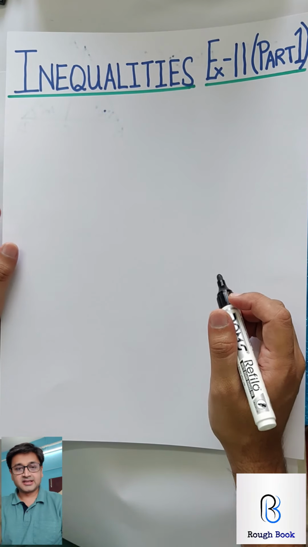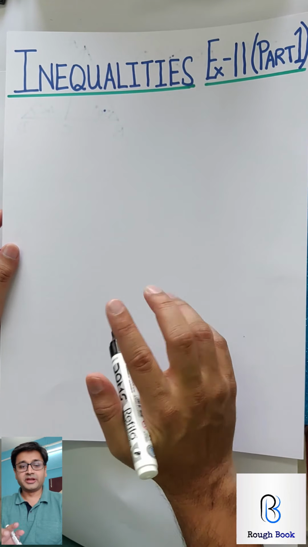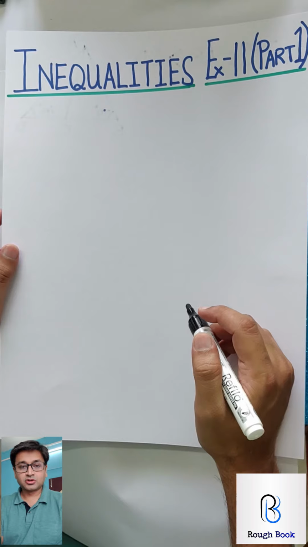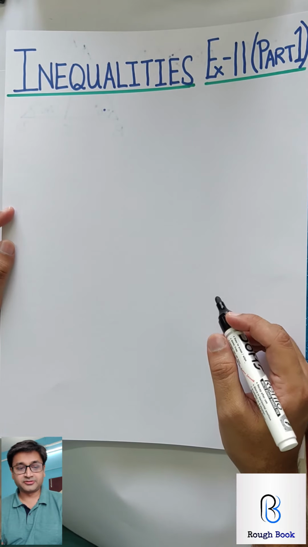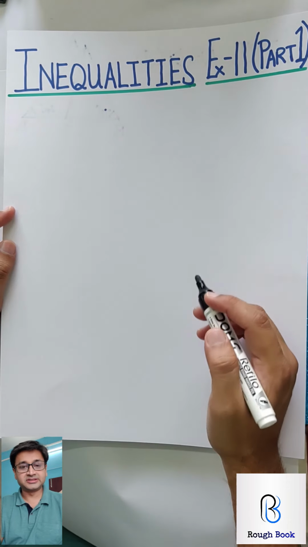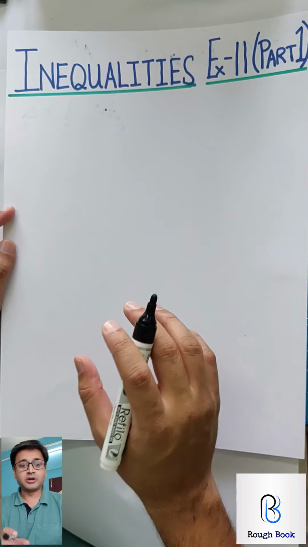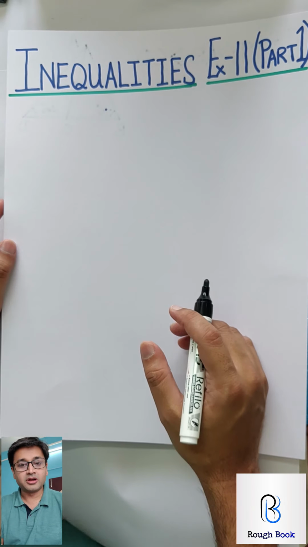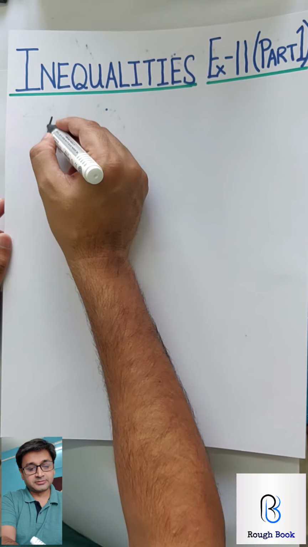Inequalities. That is exercise number 11, and only one exercise in the topic, and we are going to break this exercise into two parts. So today we are getting into part 1. In part 1, we need to understand a few properties for inequalities. Inequalities itself says when things are unequal. Basically we are talking about the triangle and inequalities in the sides of the triangle. Okay, so let's hit it straight away.